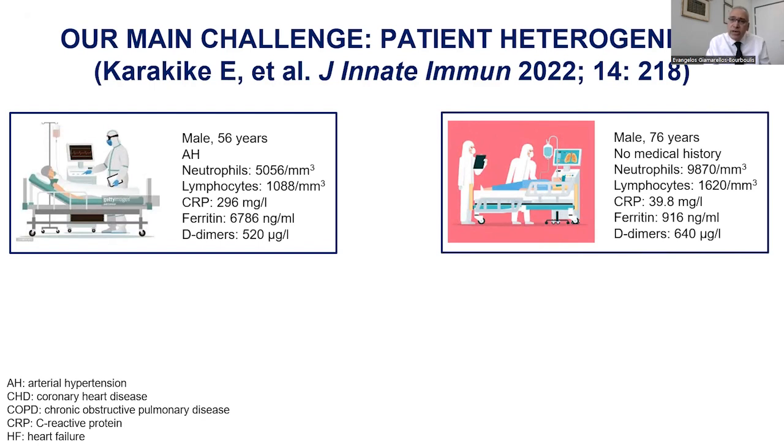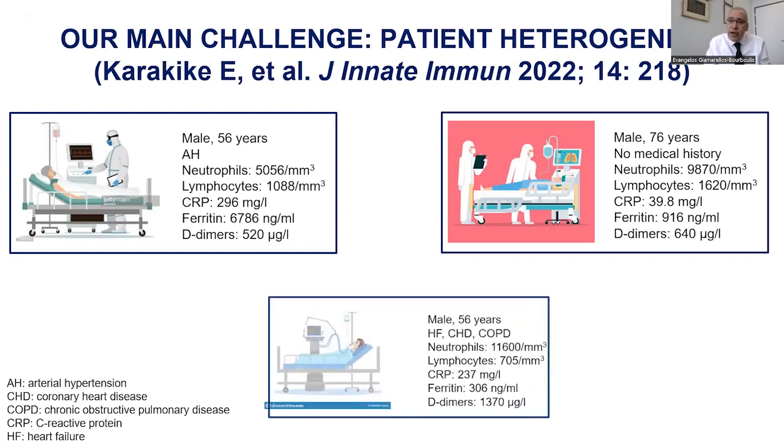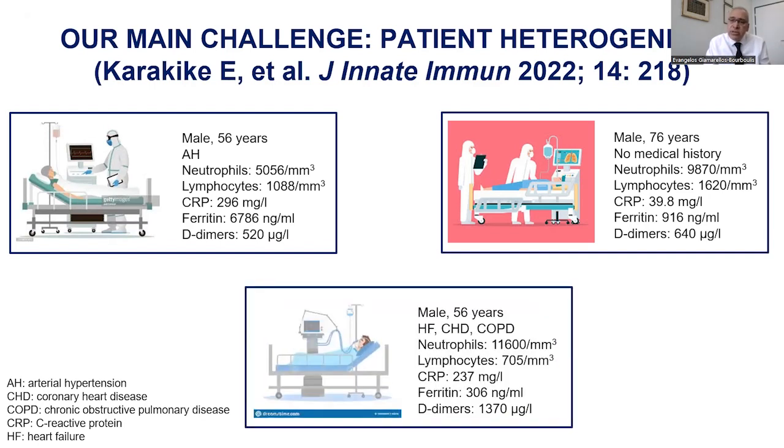However, what is striking is that although both of these patients have very large infiltrates in the chest, they are in need of mechanical ventilation because of ARDS. They differ greatly in their laboratory values, just because the second patient has much lower CRP values, almost 30 times lower. And if you compare them with the third patient, who is relatively young, a male of 56, but with